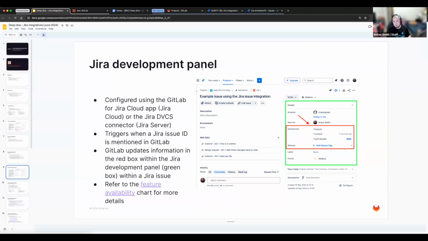Now, as before with the Jira issue integration, it is triggered when a Jira issue ID is mentioned in GitLab. So if we think back to the previous example where we used the Jira issue ID DD-1, let's say I want to do it on a merge request. So in the screenshot, you can see I've got a web link merge request DD-1, add these changes back to me. So if I was to create a new MR with that name and hit save, GitLab will then send